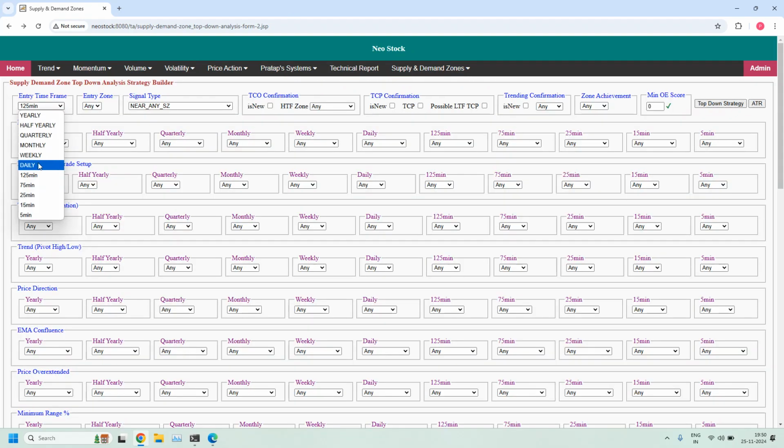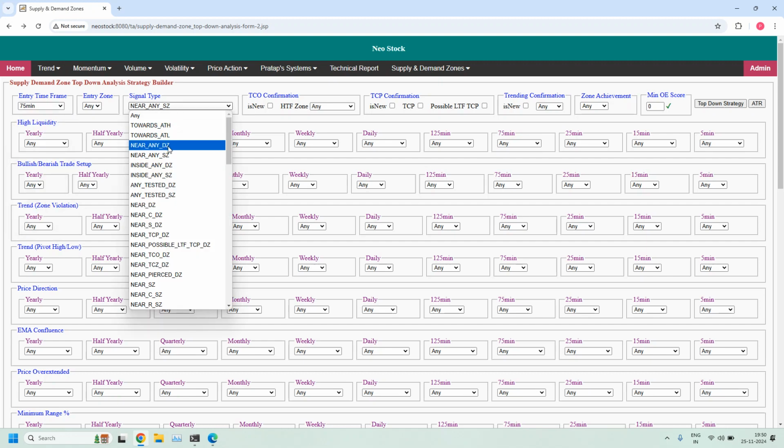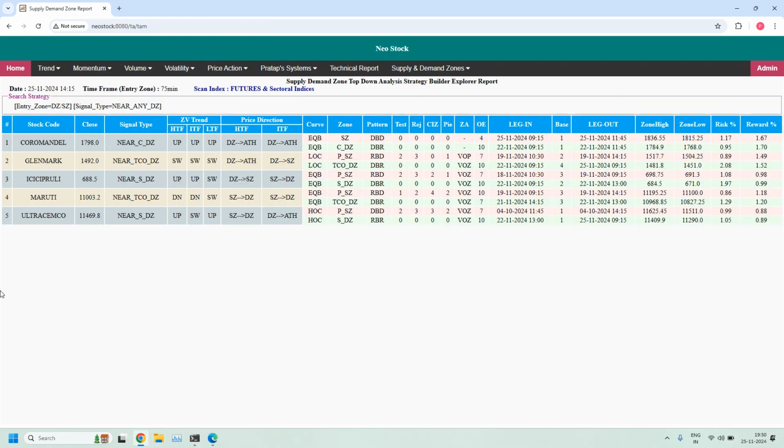Next time frame is 75 minutes. Entry time frame 75 minutes. Let us find the stocks near 75 minutes demand zone. We got 5 stocks filtered. And high liquidity 75 minutes demand zone. Coromandel is having a 75 minutes high liquidity demand zone. ICICI Prudential and UltraTech Cement. So we have 3 high liquidity 75 minutes demand zones from this list. Okay, next